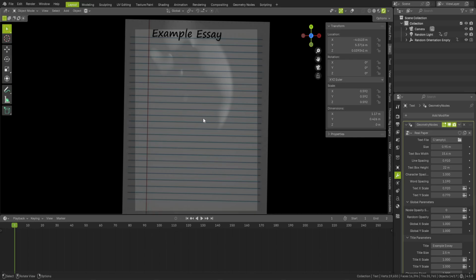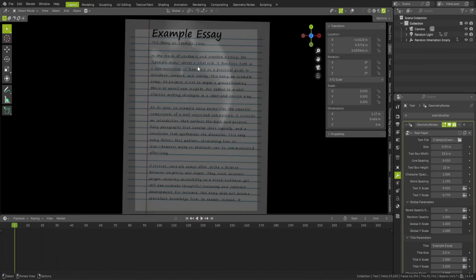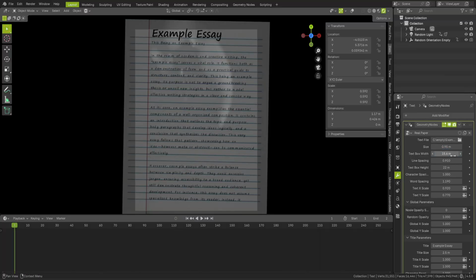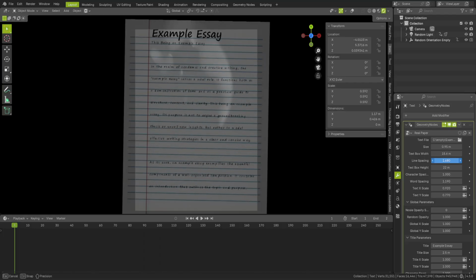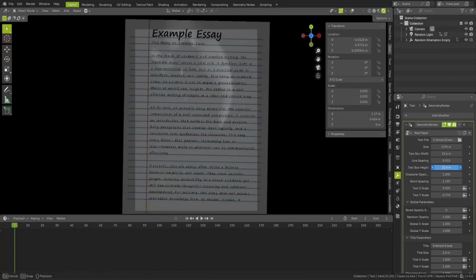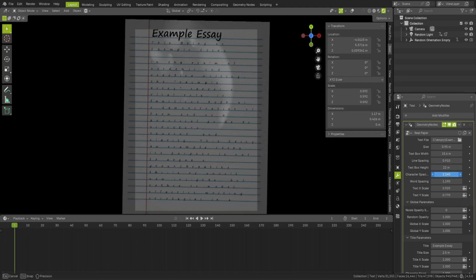So today I have here a procedural handwritten paper in geometry nodes, and it's already pre-configured and easy to use. So you just put in your text file that you want to be displayed on the paper, and you can change the parameters such as size of the words or text box width, line spacing, text box height, so how many lines you want it to be, character spacing,